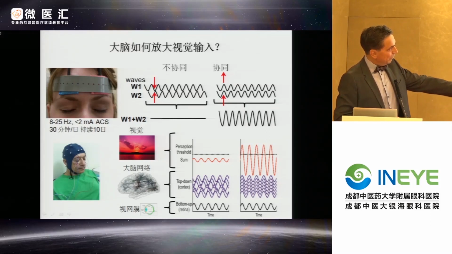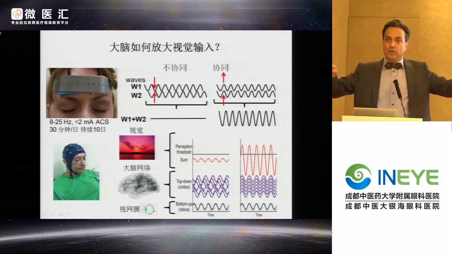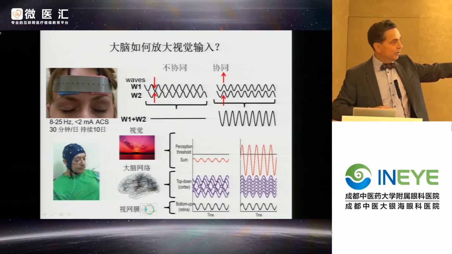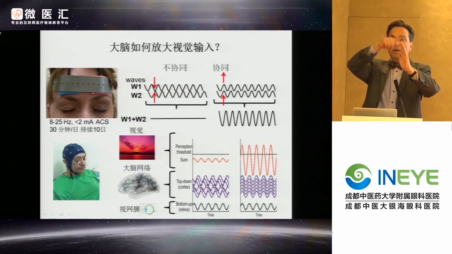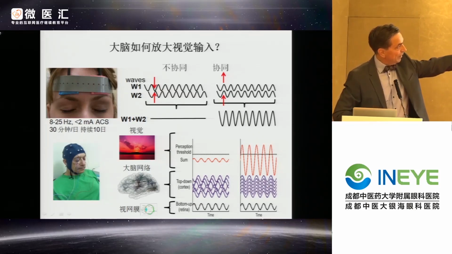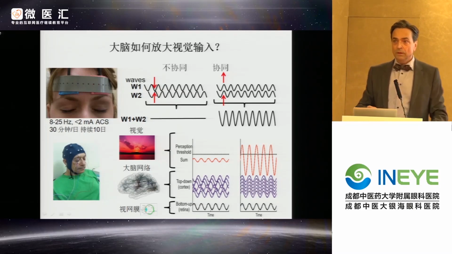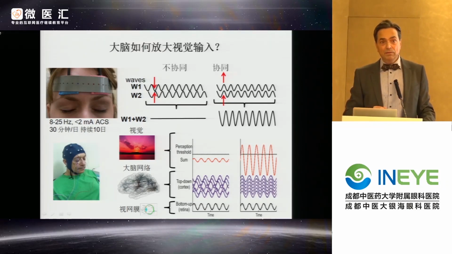So if you look now at the lower graph, so the upper graph, you see how the two waves on the left are against each other. So the result, the sum of it, is 0. Whereas if they're synchronized, so that the amplitude, the peak, is at the same time, the sum of the same activity is very different. So it could make a difference how the brain synchronization works if you see a stimulus or you do not see the stimulus. It could be the same activity. It's just a problem with the timing.